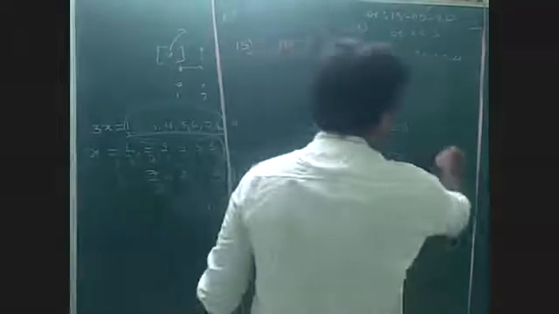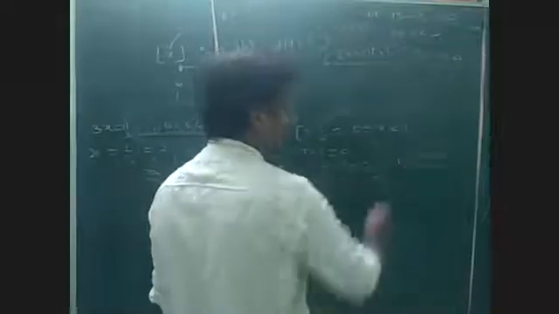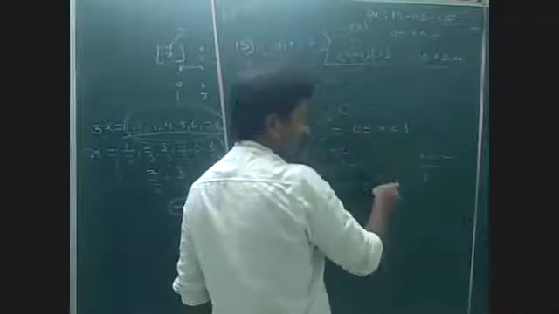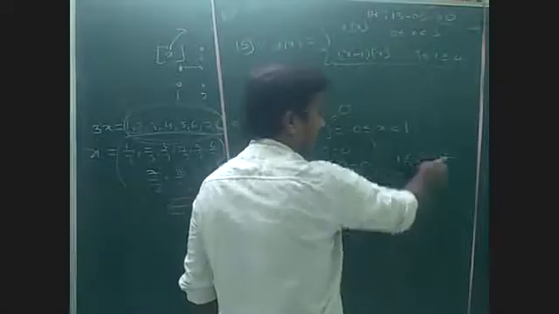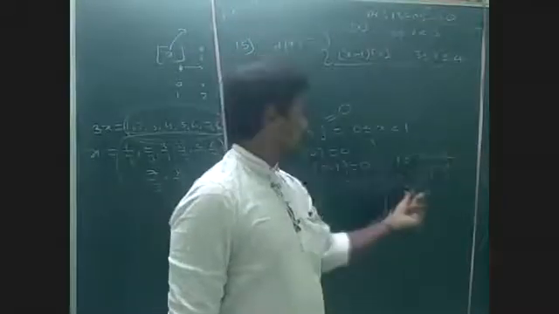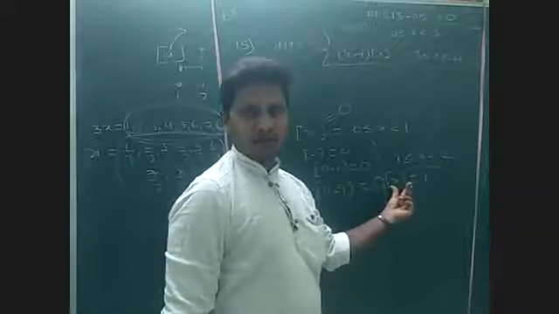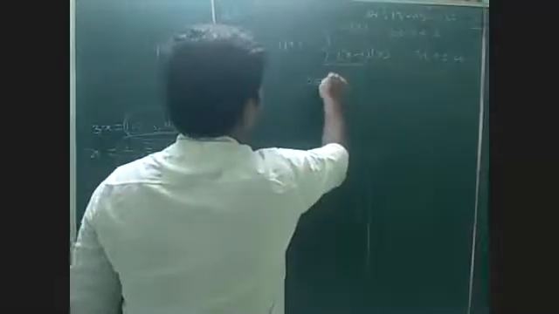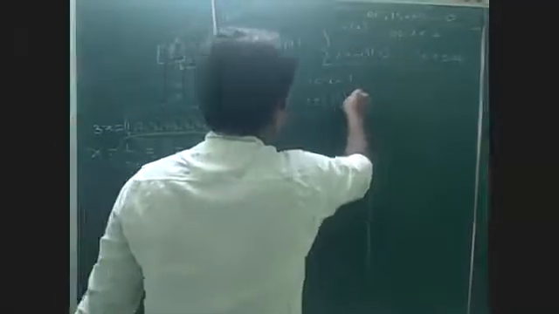1 less than or equal to x less than 2, from 1 to 2. What is [x] value? [x] value is 1 only, because whenever x is equal to 1, it is 1. Less than 2, nothing but up to 1.9. So the greatest integer of 1.9 is 1. So for 0 to less than 3, I want to write the different cases: 0 less than or equal to x less than 1, 1 less than or equal to x less than 2, 2 less than or equal to x less than 3. So I want to split the given interval into these sub-intervals.